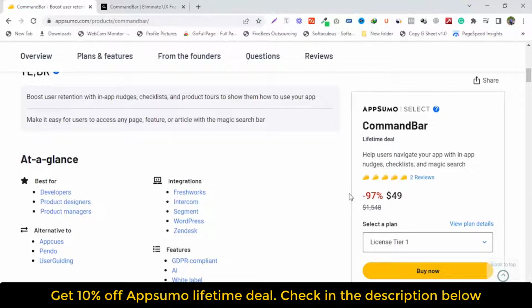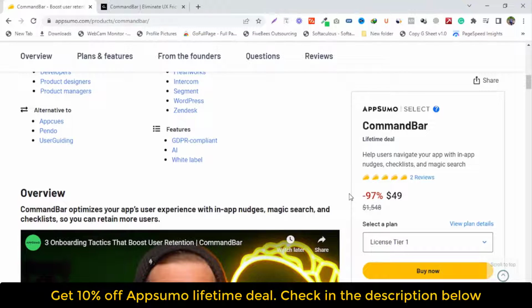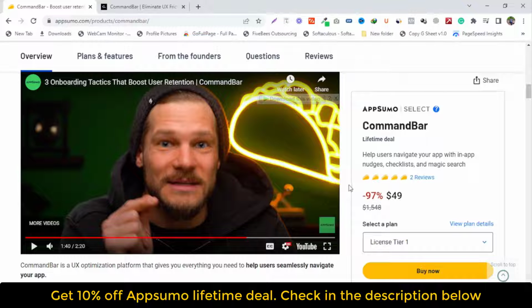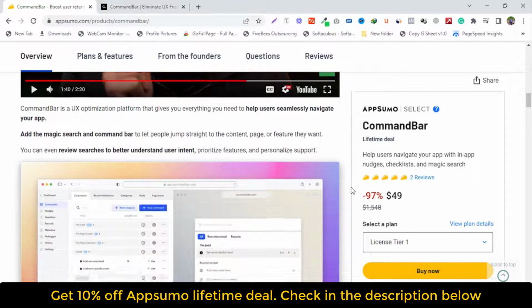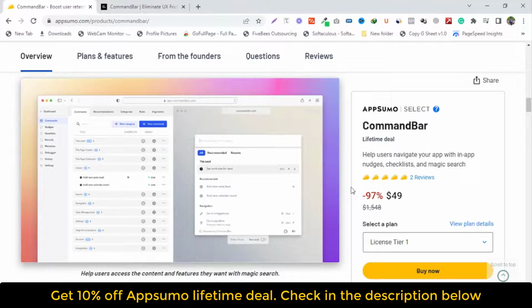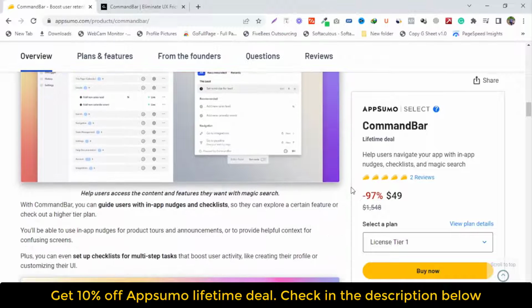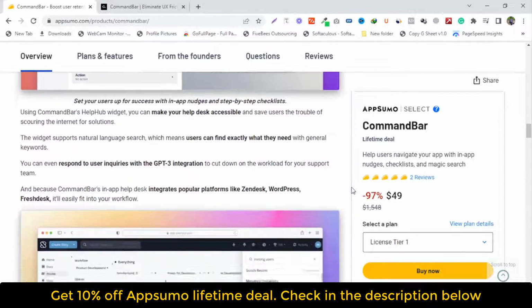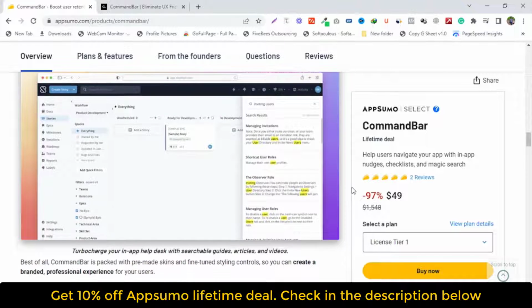With Command Bar, you can guide users with in-app nudges and checklists so they can explore a certain feature or check out a higher-tier plan. You'll be able to use in-app nudges for product tours and announcements, or to provide helpful context for confusing screens. Plus, you can even set up checklists for multi-step tasks that boost user activity, like creating their profile or customizing